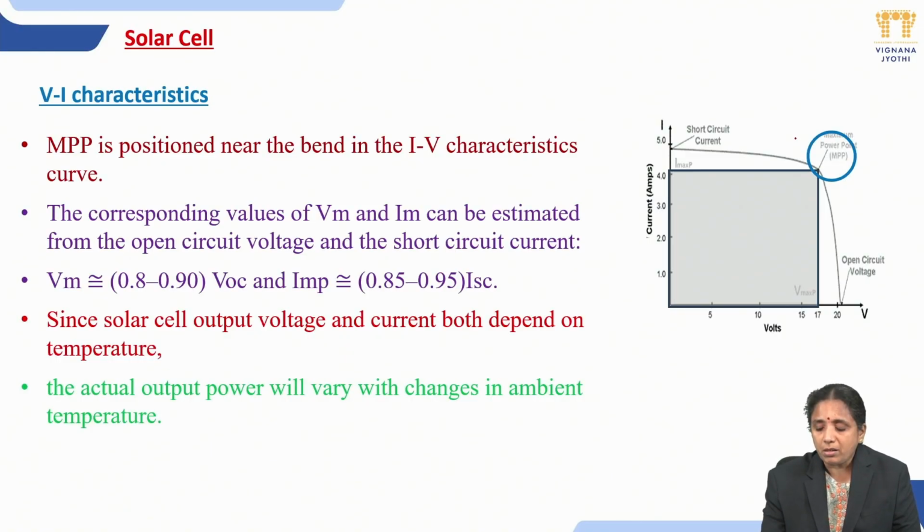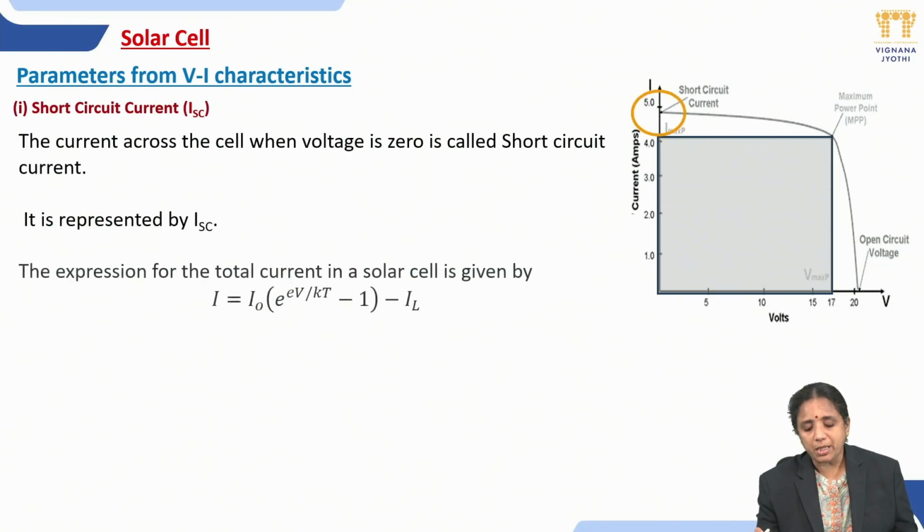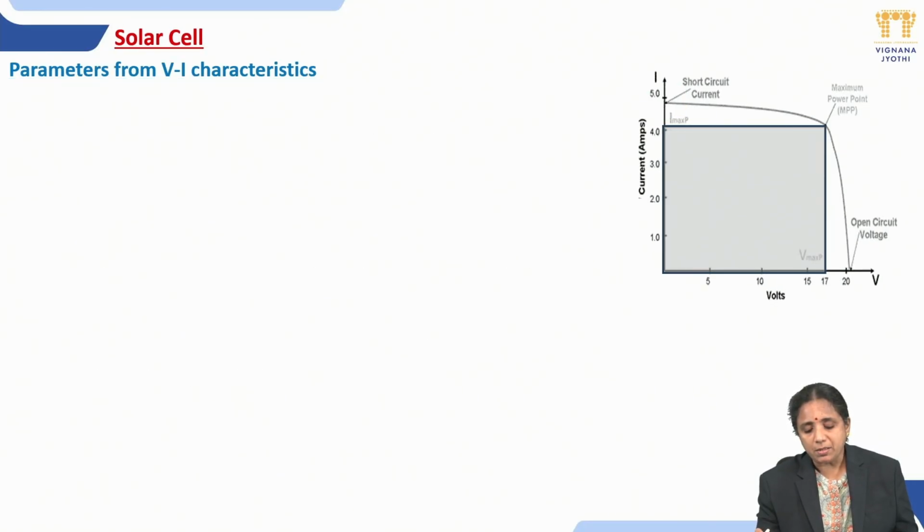The actual maximum power output always changes with the ambient temperature; the generation all depends on the external temperature falling on the solar panel. So what are the parameters which we can calculate from this